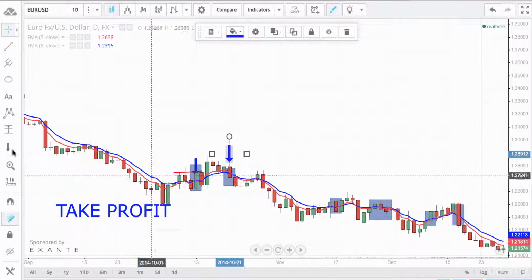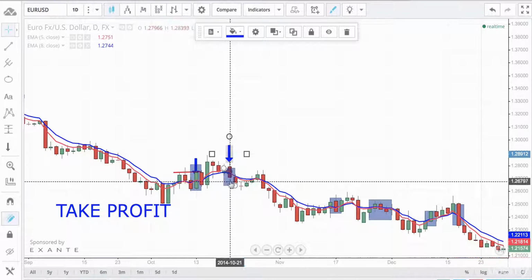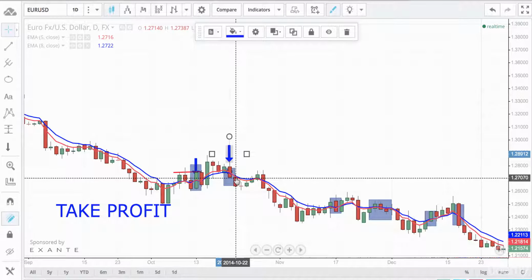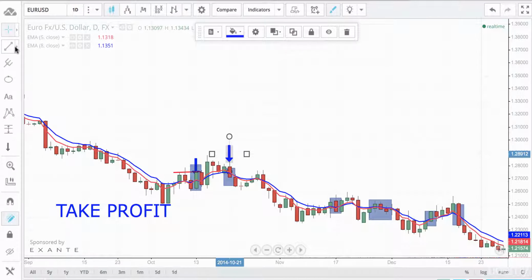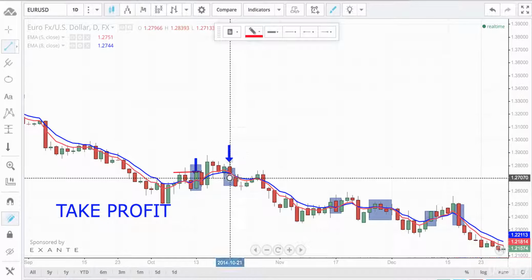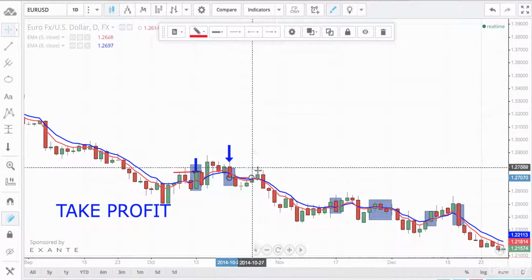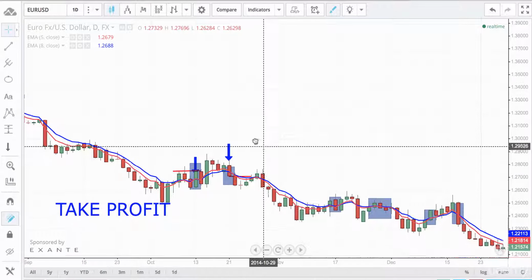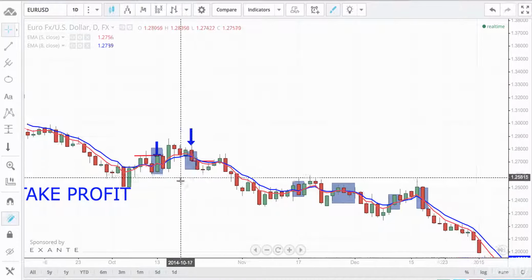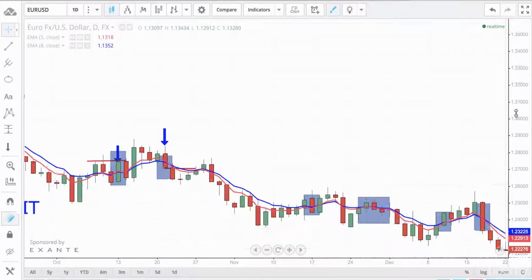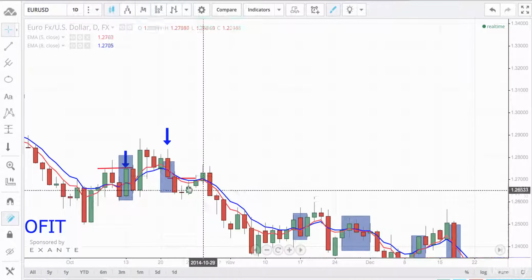So if you open a position right there at the close of the candle and the open of the next one, it should be the level of 27.07. So let me mark this with this red line here. And even if you enter purely on the crossover level and you don't wait for a small retracement,